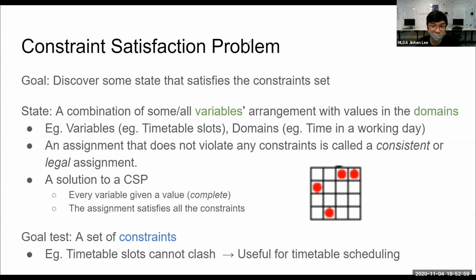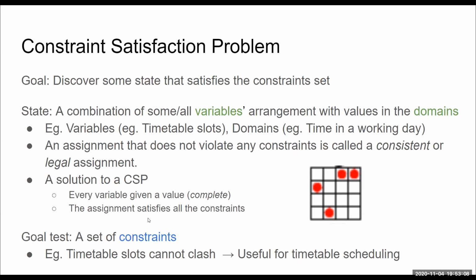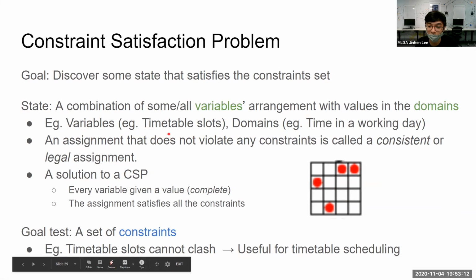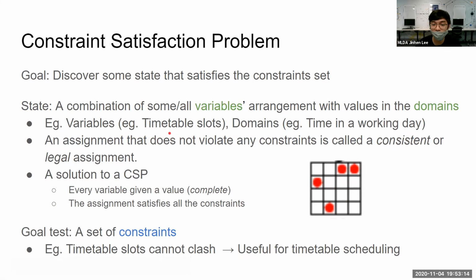An example in real life would be, let's say I want to solve a timetable scheduling issue. This is really relevant also. The variables will be timetable slots because I need to fit these slots in my domains, which is the time allocated in the working day. I only have maybe 12 hours of working day, so I need to slot these timetables effectively and make sure they do not clash with each other. That's a constraint satisfaction problem also.